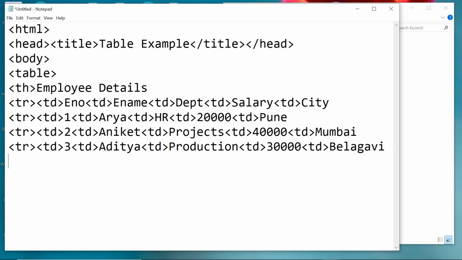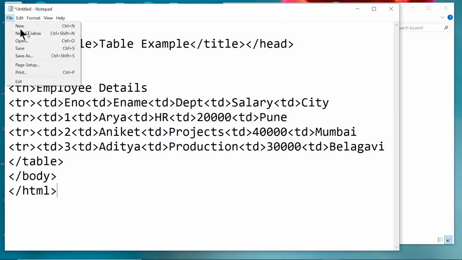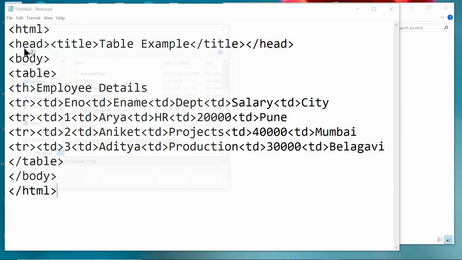Right now we will close the table tag. Then close the body tag. Then close the HTML. Later save the file.